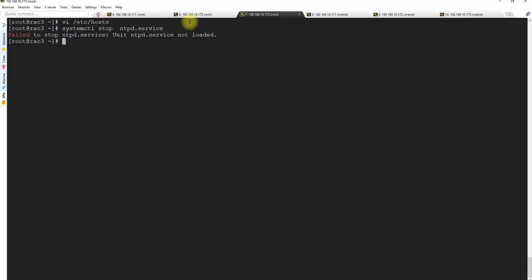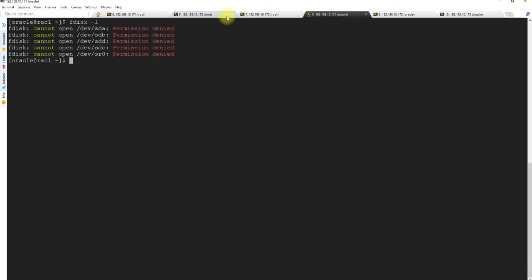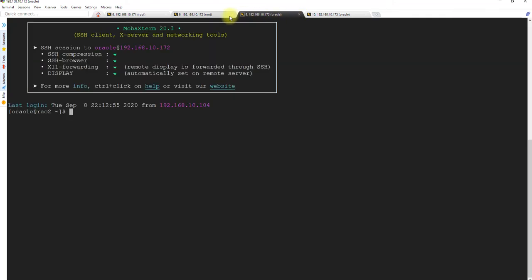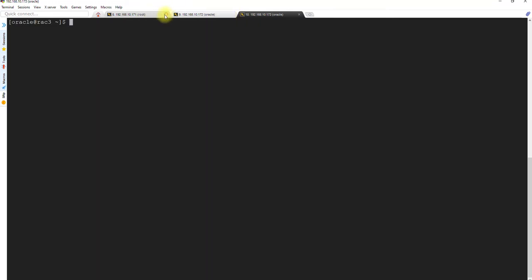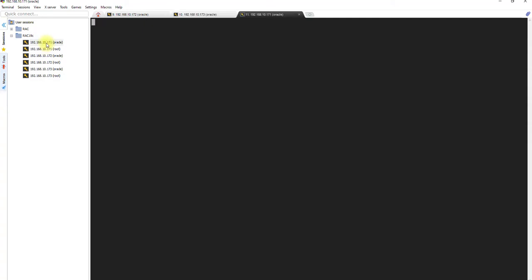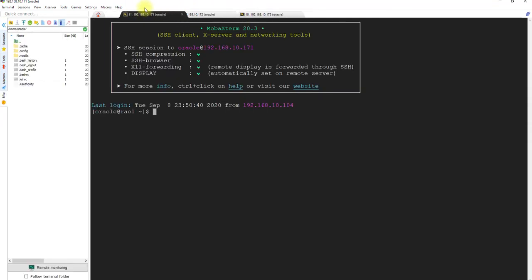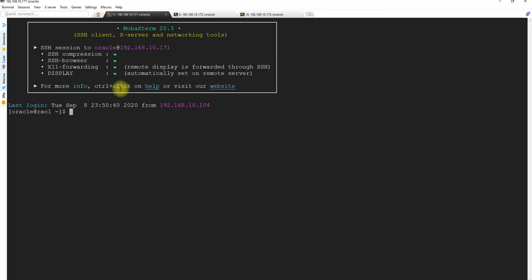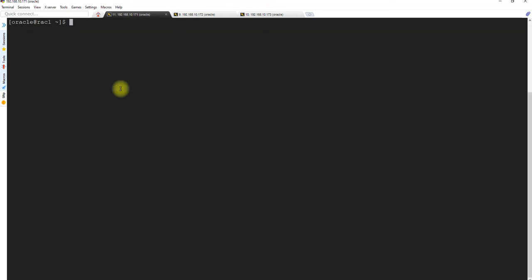Now let's use the Oracle ID and close all this. I have closed the Oracle as well. So we will log in using the root later. Let me connect the first one because I accidentally closed it, and set up properly. Okay, let's go to the grid location. Grid home.